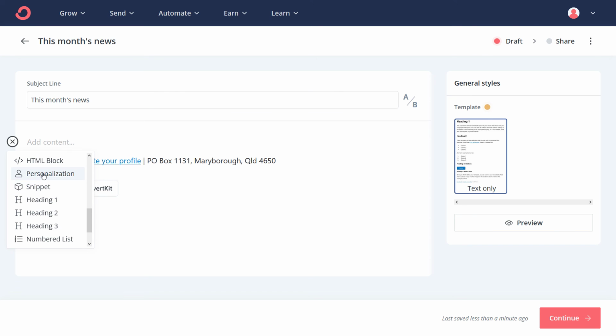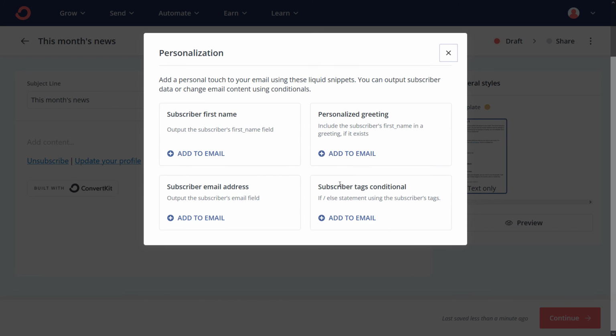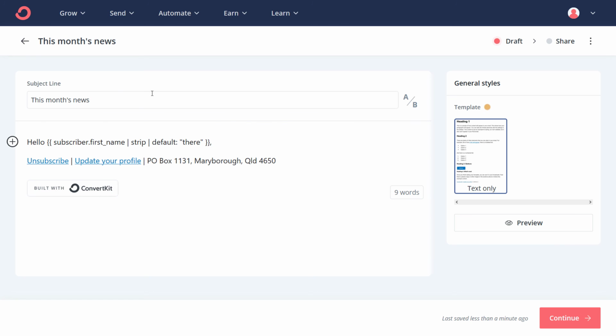So I'm going to type in here, I'm going to put personalization in here, and I'm going to go personalized greeting. Now this means if we signed up and it says hello, it then puts the first name in there, and if there's no name, it'll say there. So if someone has signed up and not given me their first name, say hello there, or you can say hello and then their first name if they've supplied a first name. You can even change this, say hi,